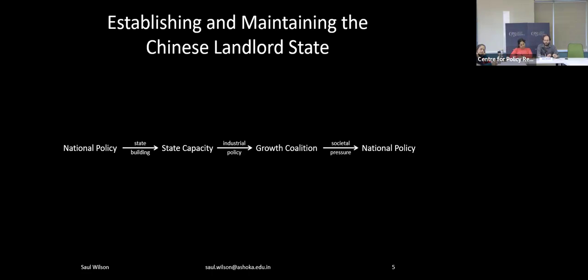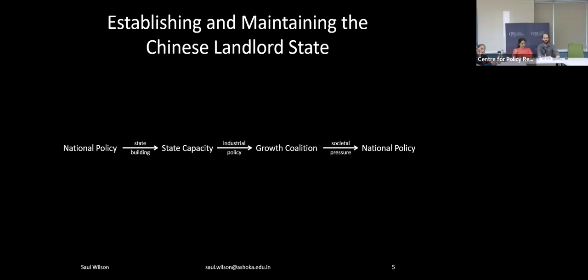And then I'll shift gears and talk a little bit about a particular industrial policy that this landlord state was used as a tool to support, and that is the promotion of the real estate sector starting in the late 1990s. And I'll argue that that particular industrial policy created a very potent growth coalition,